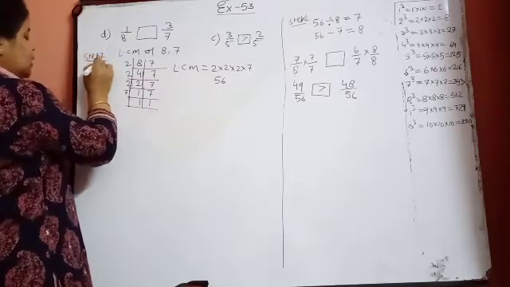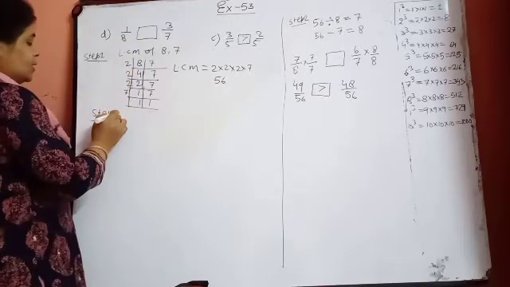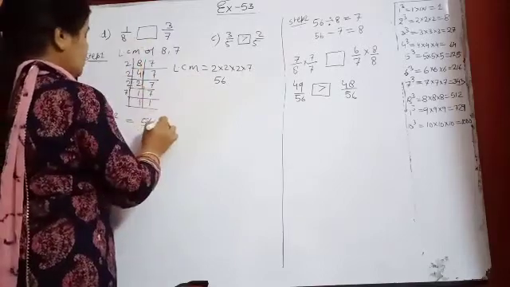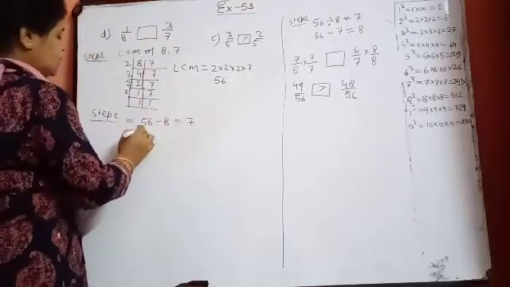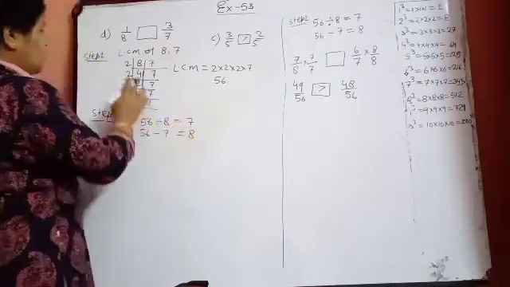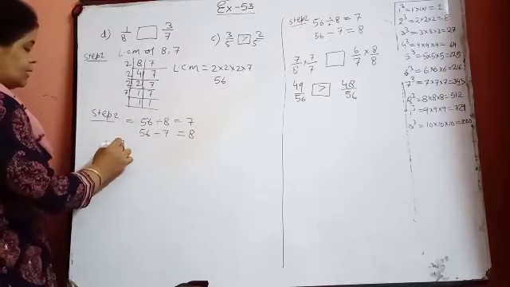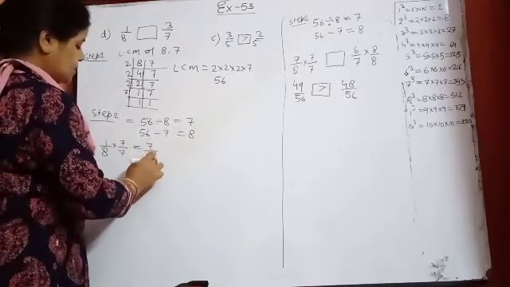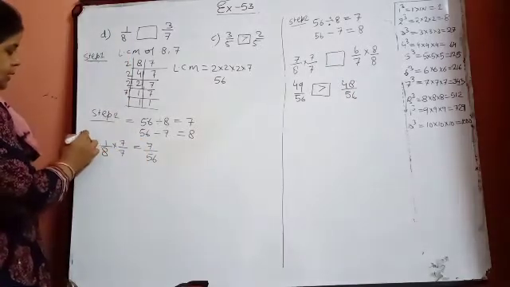Step 1. Okay. In step 2, now divide this LCM by each of the denominators. Step 2. What will you do? LCM 56 will be divided by the first denominator, 8. What will come? 7. Okay. Then in step 2, LCM 56 divided by the second denominator, that is 7. What will come? 8. Now first fraction 1 upon 8. When you divided LCM by 8, what came? 7. So it will be multiplied by 7 upon 7, which is 7 1s are 7 upon 8 7s are 56. Okay. Means 1 upon 8. Now what can we write? 7 upon 56. Okay. This is step number 3.